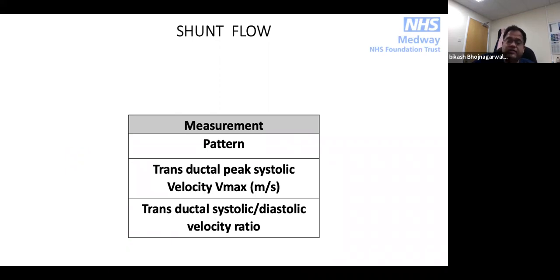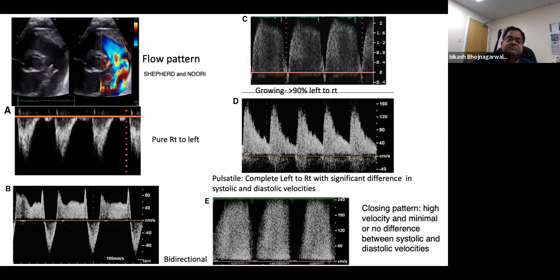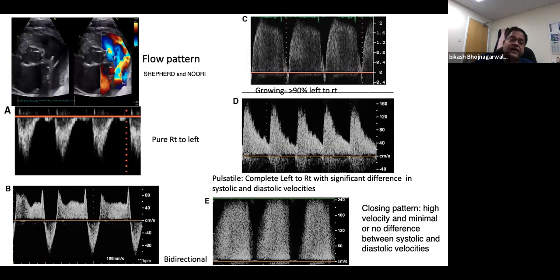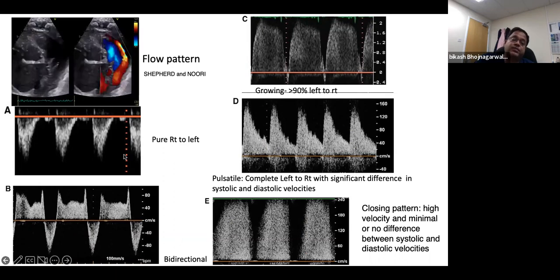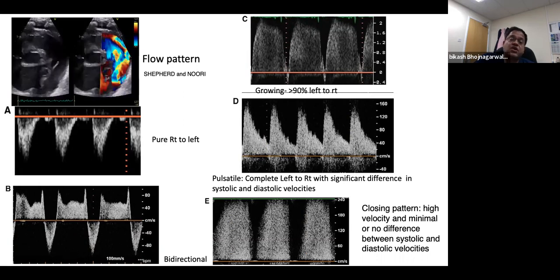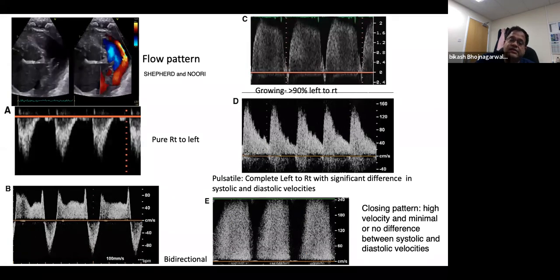In terms of shunt flow, we see the pattern. We mentioned earlier, we see the peak velocity in systole and the diastolic velocity, and then we measure the flow. Again, Shepard and Nouri have defined the flow pattern in various types. There are about 5 types of pattern which are most common. One is the pure right to left flow pattern. When we see this flow pattern, we sometimes worry it is a duct dependent lesion, or maybe severe PPHN. We leave this duct alone. This is a baby that needs further echoing to rule out congenital heart disease, or